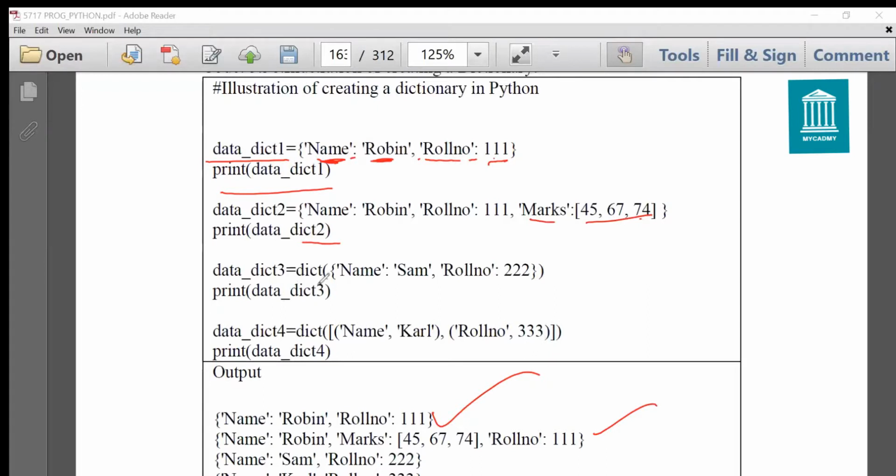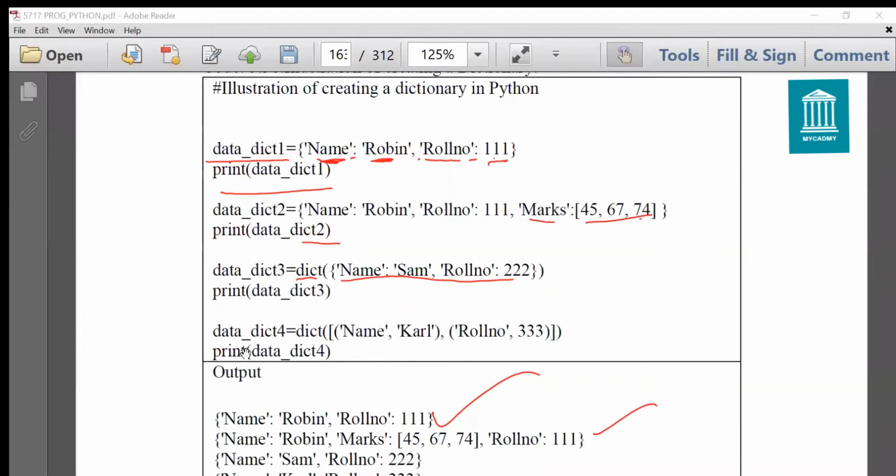Now data dict3: a dictionary can also be created with the function dict, with values in parentheses. As we have done in sets also, set is a method or function also. Similarly, dict is a function where we can specify its value. So you can create a dictionary with its function also.